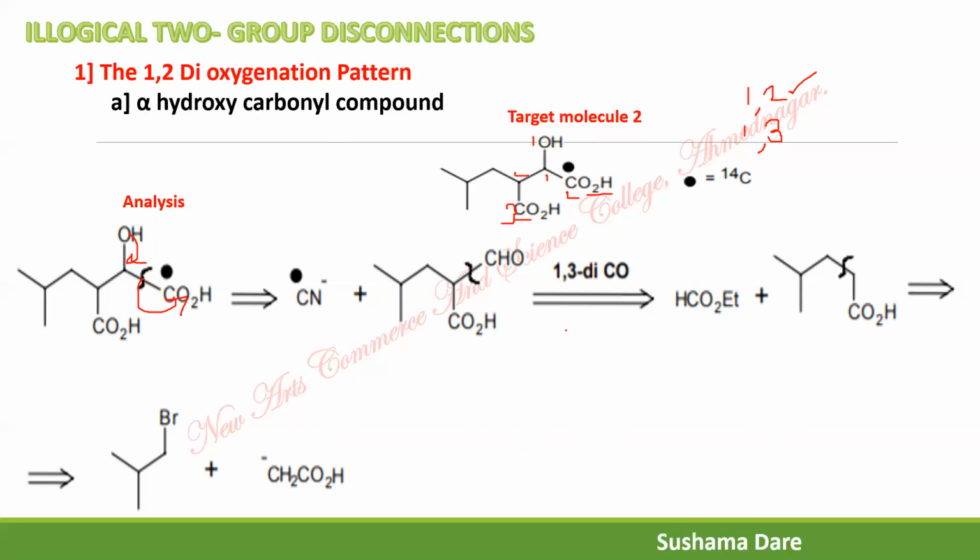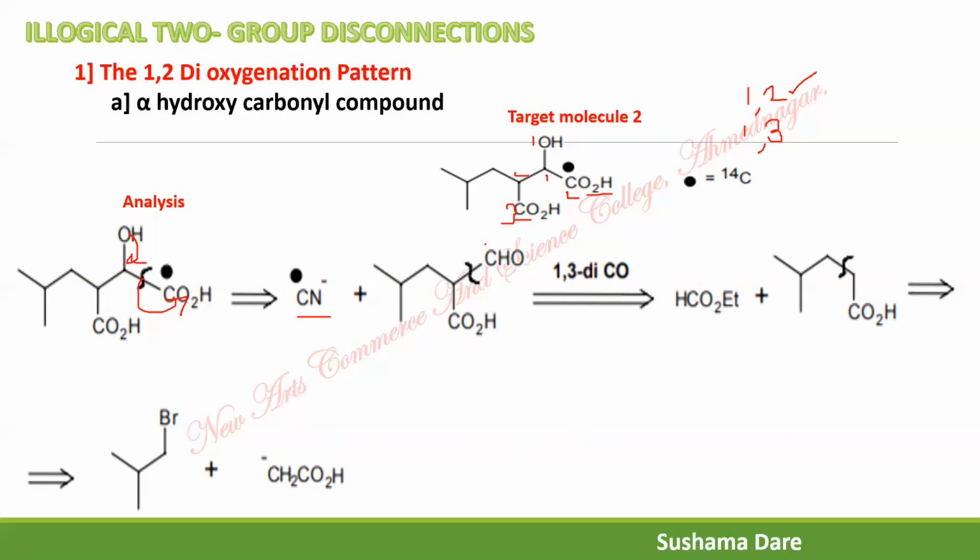So after disconnecting the bond in the direction of COH, for COH minus the best synthetic equivalent, instead of writing down COH minus directly, we have written cyanide minus. That dot indicates it is the isotope of carbon. Now what remains changes to an aldehyde functional group, and now this is the COH group.